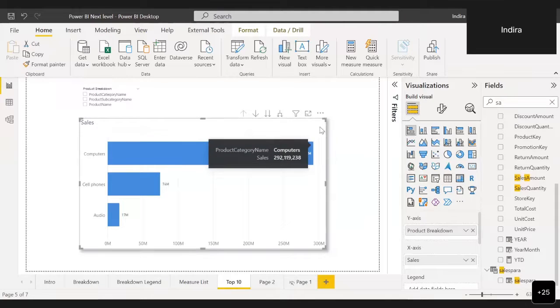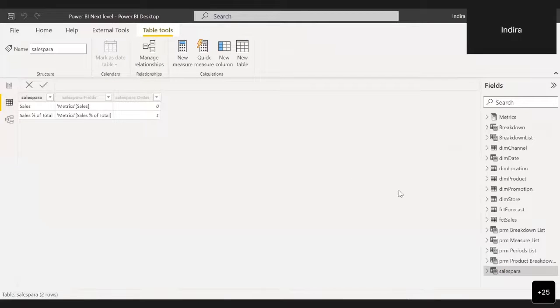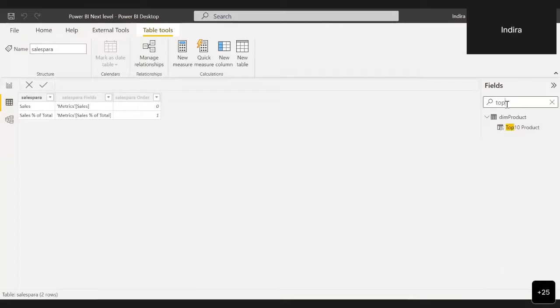Now what we want to do is we want to also display, within this one, top 10 products. So then what we need to do is we need to create a top 10 list, right? So for that, I have already created it in my data set. Let's say top 10. Okay. In the product table,